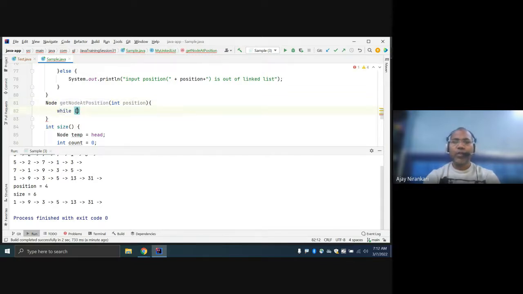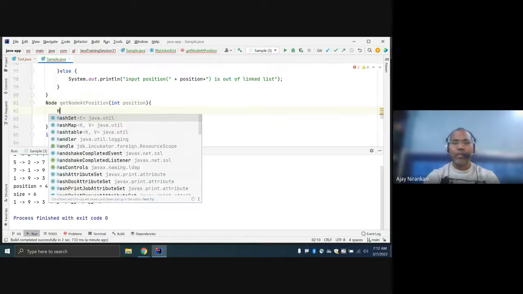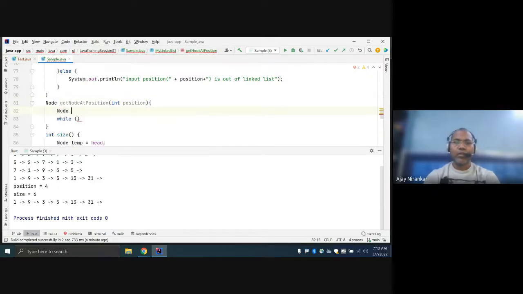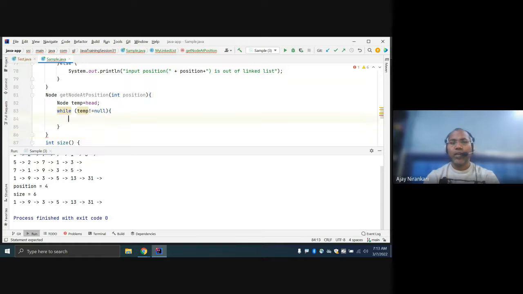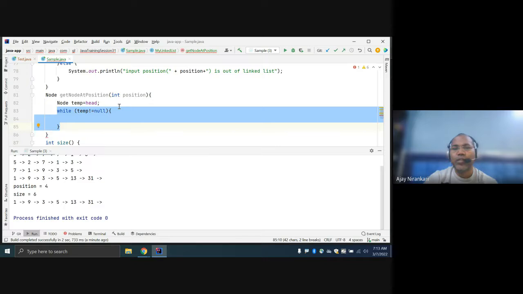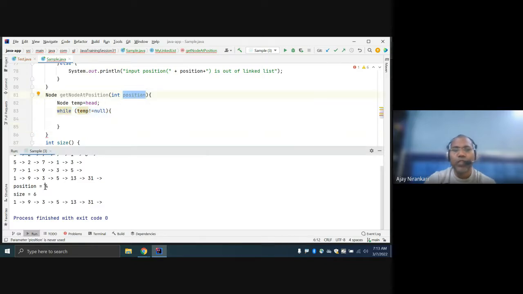Same, run a while loop. Just start your node, temp equal to head, and you say if temp not equal to null. But the question is, here do you run a while loop or what? This is the position, let's say position 4. Then you run the loop 0 to 4 times.